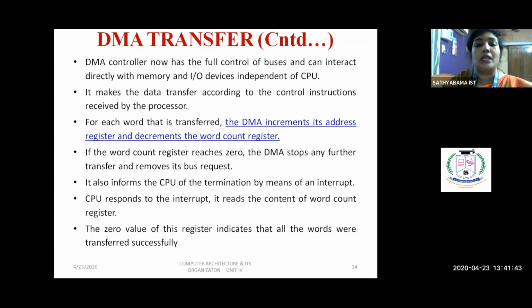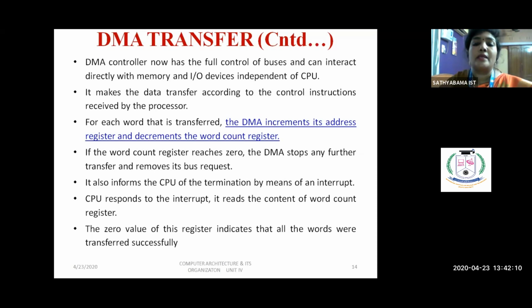So for each data transfer, DMA increments the address register and decrements the word count. Data transfer will occur till your count register becomes 0. When your count register reaches 0, the DMA stops further transfer and removes its bus request signal.